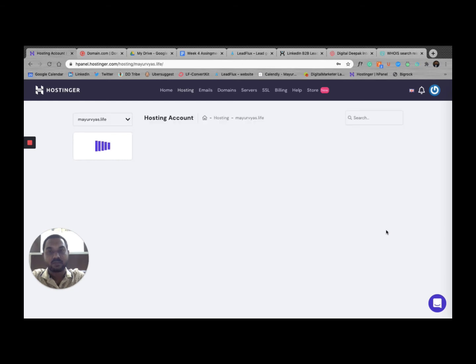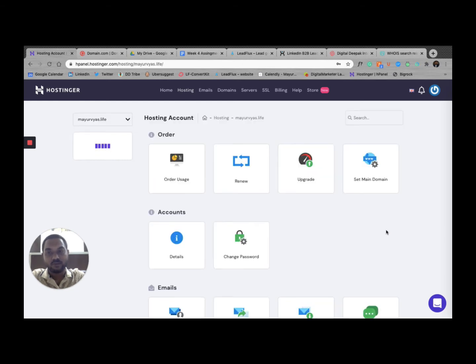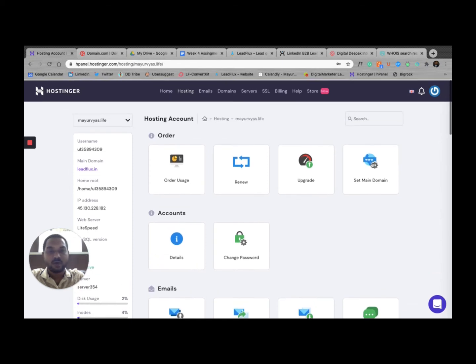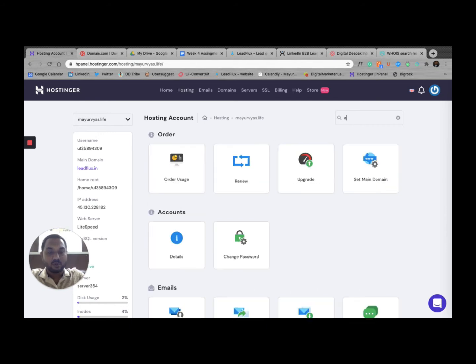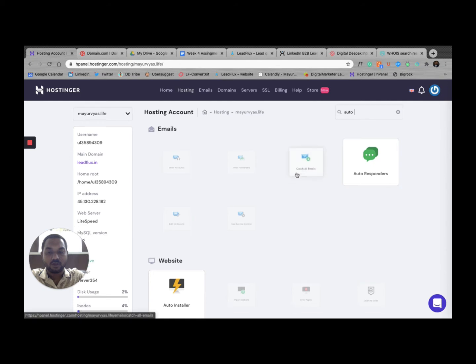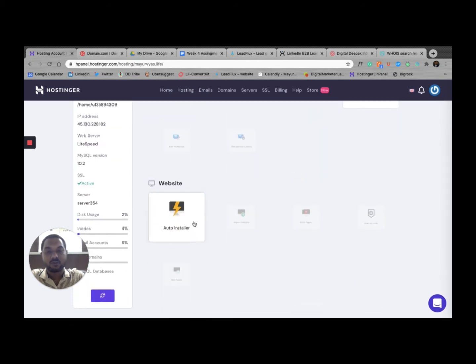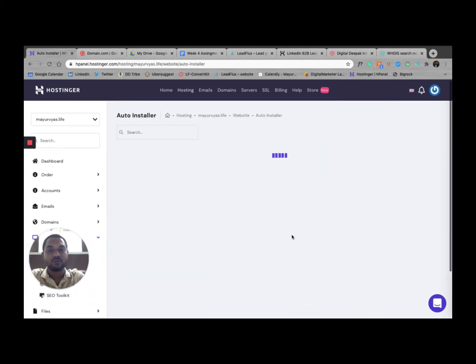So I am basically in the folder of mayurvyas.life. I have a hosting plan which comes with a pre-defined PHP and WordPress version. And these days, most hosting providers come with a one-click WordPress installer. So I'm just going to search for auto installer. See, this is the auto installer. I'm just going to click on this,